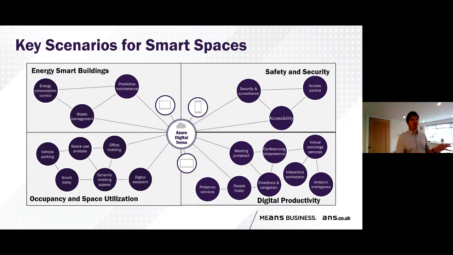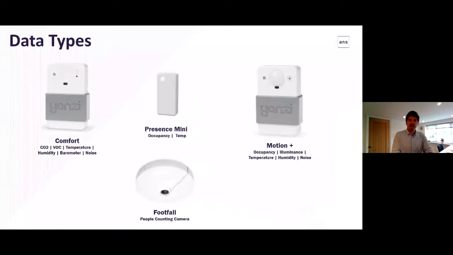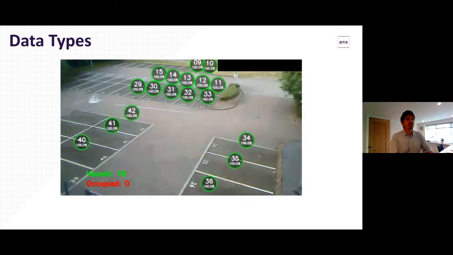And then we delved into each one of those areas and looked at which one would bring in the most value, which was, well, I hate this phrase, but low-hanging fruit. Once we'd identified that, we looked at what sensors were out there on the market that were relatively easy and quick to bring in. With Bruntwood, we use Yanzi sensors, which was easy to get the data out of. We could integrate them relatively quickly, and they were cheap enough to get out there on scale. We also wanted to bring in other data as well, so it wasn't just about sensor data.